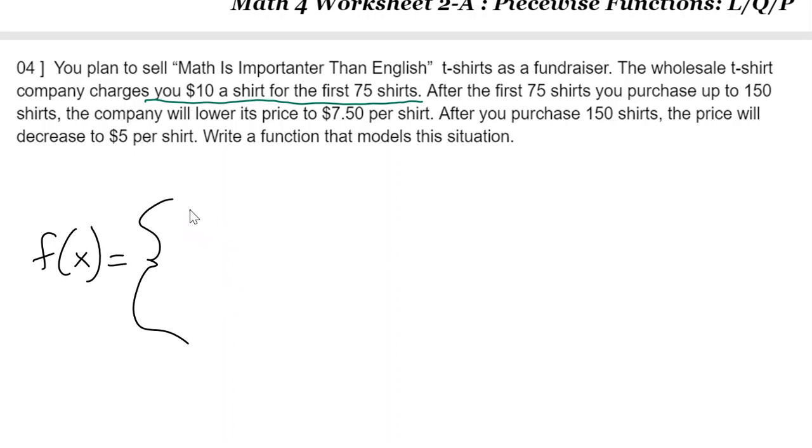So I guess, now understand something here. If we do this, the first 75 would be less than or equal to. But here's the problem. If somebody walks in with an order of 75 shirts, it's $10 for the whole thing, all of it? No, it's $10 per shirt. So if x represents the number of shirts, then we're going to do that: $10 per shirt up to the first 75. Now, after the first 75, when you go up to 150,